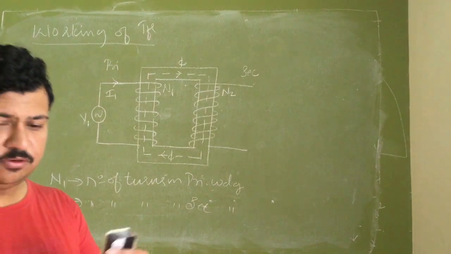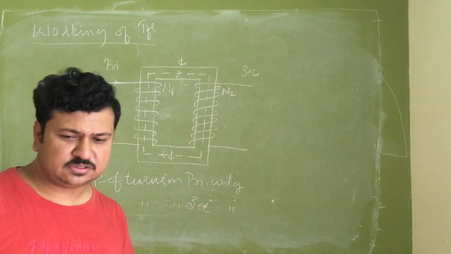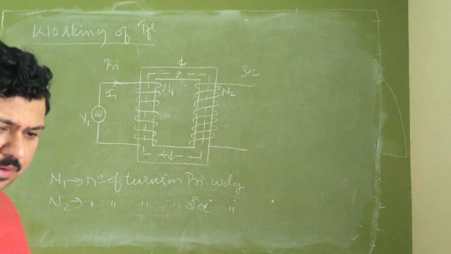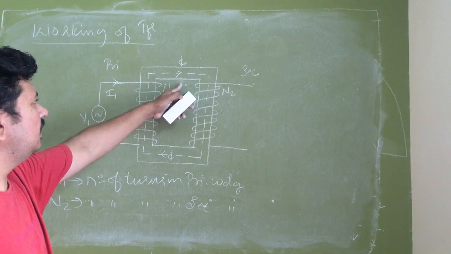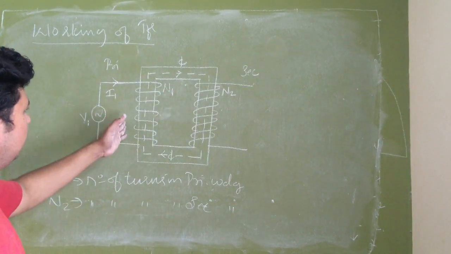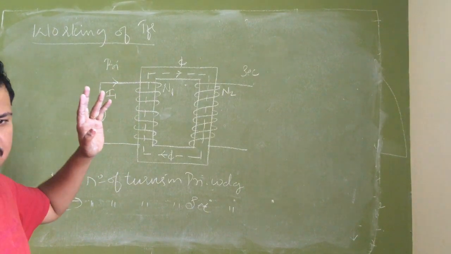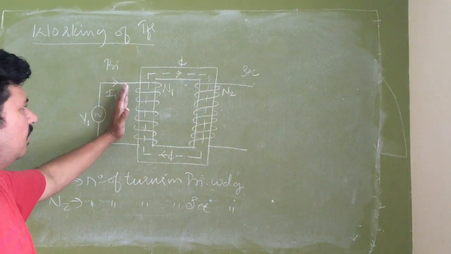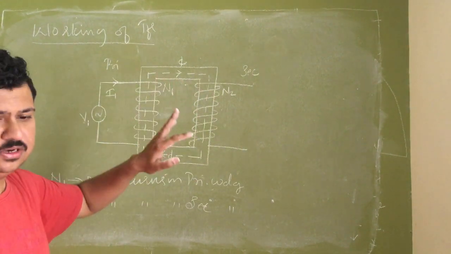and the arrow mark indicates the path of flow of flux. Actually we can't say flow of flux, flux will not flow, it will simply exist in the space. It won't flow, it will exist. The direction is shown because the flux is created by the primary linking to the secondary, that is the meaning of the direction here. The flux is created by the left coil and it is linking to the right coil.